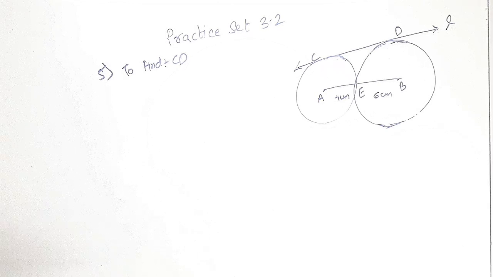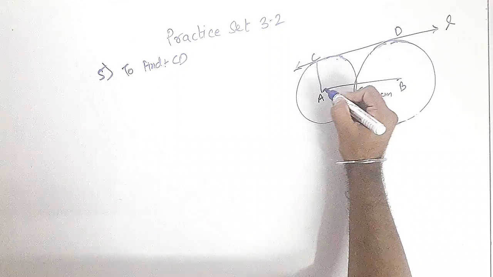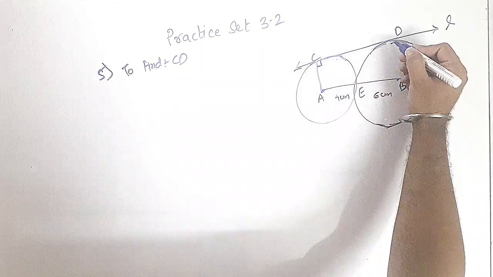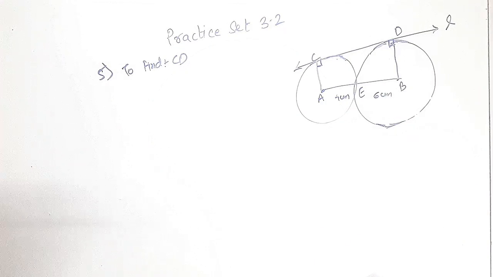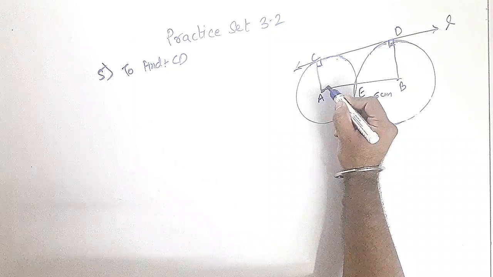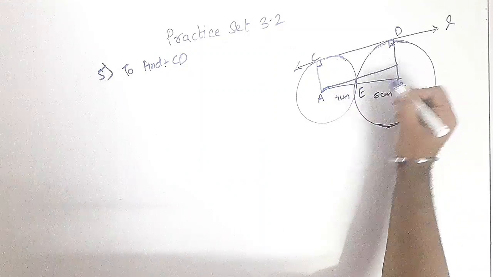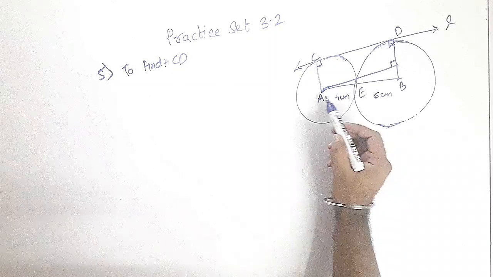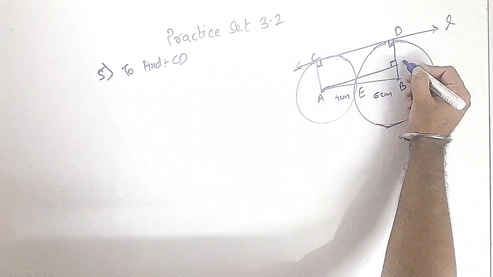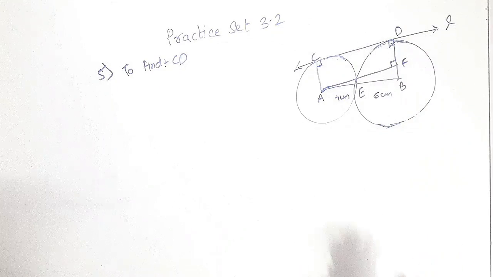So what you will do is, this will of course be 90 degree, you will join this. This will also be 90 degree. BD will be 90 degree. What is the reason? Radius perpendicular to tangent, and you will draw a perpendicular from A to BD. These are the 3 constructions that you are going to do, and I am telling you, if you observe this quadrilateral AFDC, you can see quadrilateral AFDC.